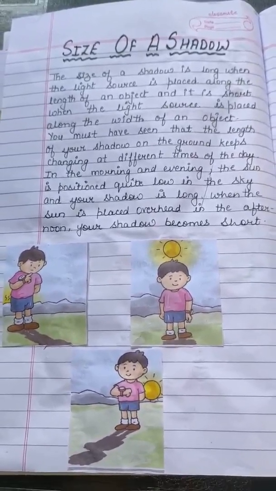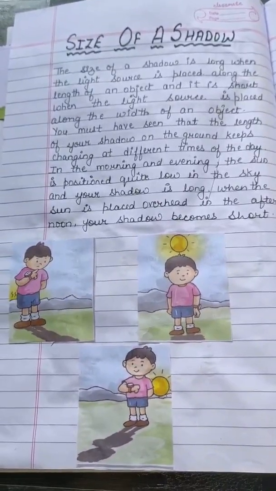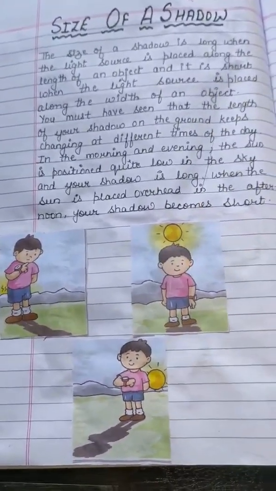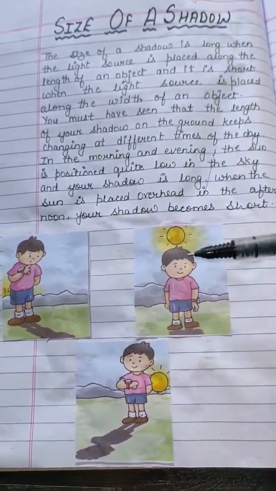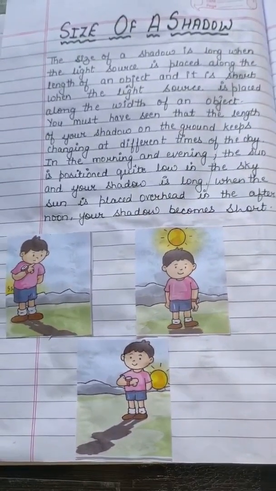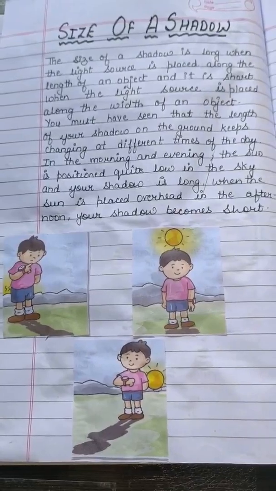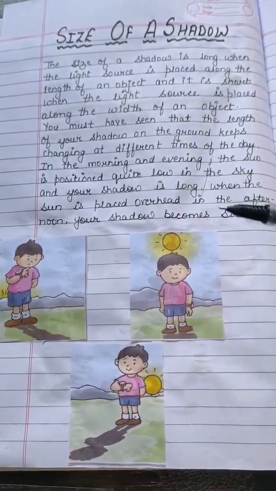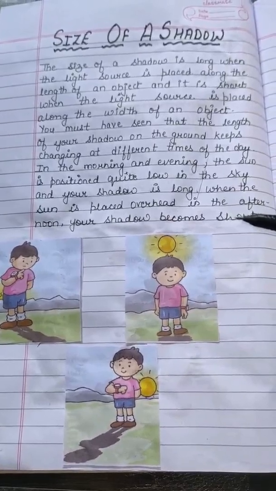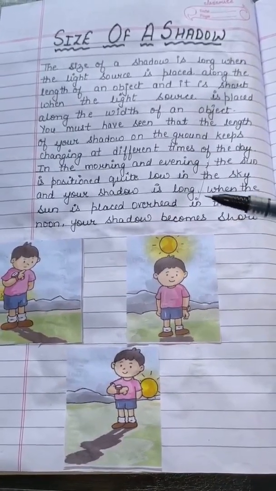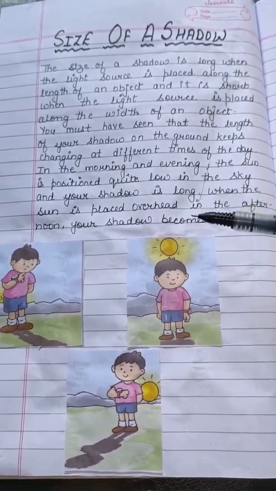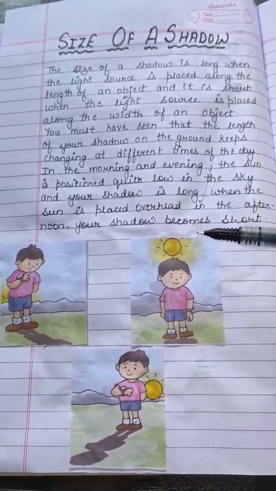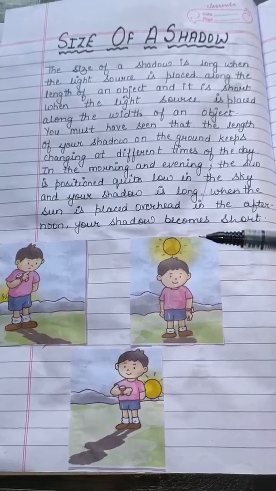When the light source is placed along the length, like here and here, the shadow is long. And when the light source is placed along the width of the object, it is short,